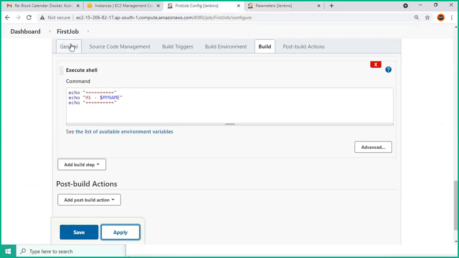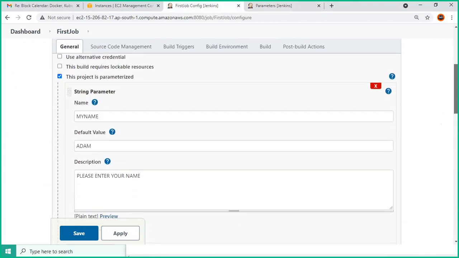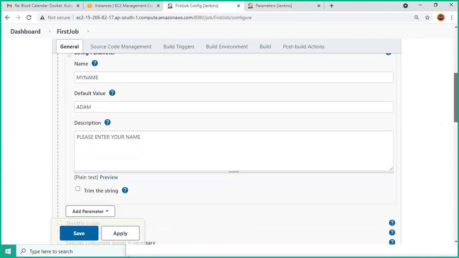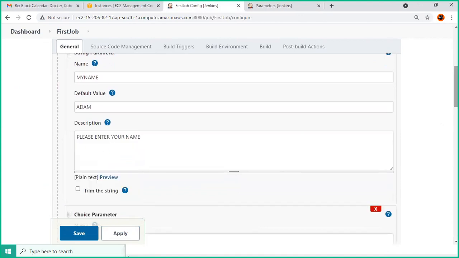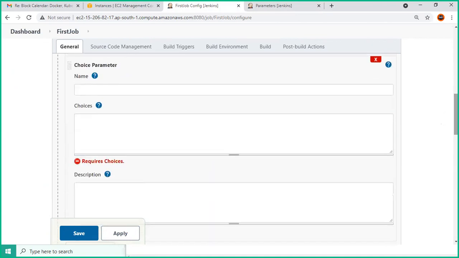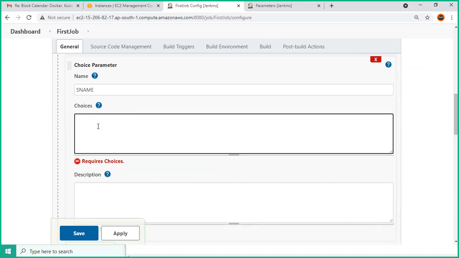So what we took now is the string parameter, for when you have a string value that the user should pass. In the same way, let's assume that I will take another parameter called choice parameter. A choice parameter is nothing but multiple values that you want to give. Now let's say I'll call it second name. I'm just giving the name for the parameter as s name, which represents second name, and I'll give the choice here as